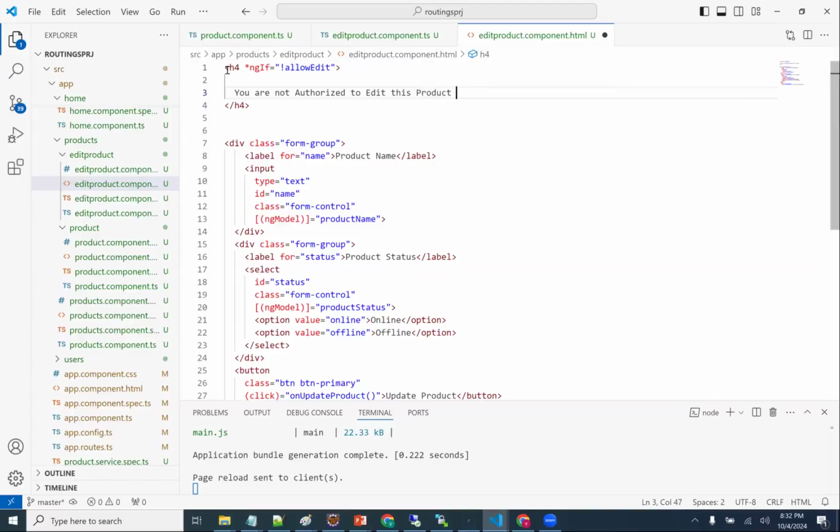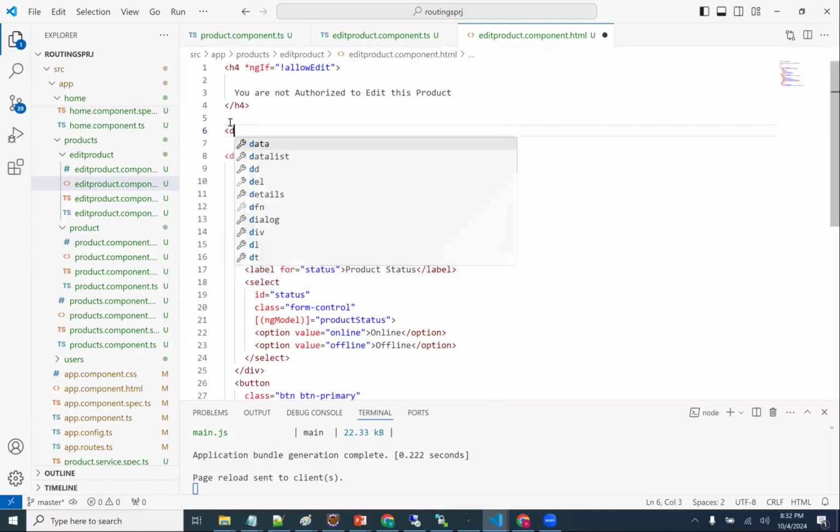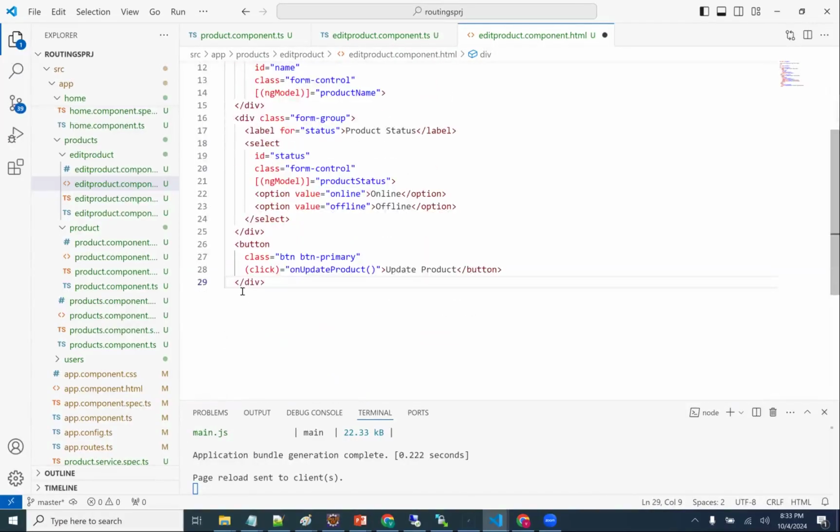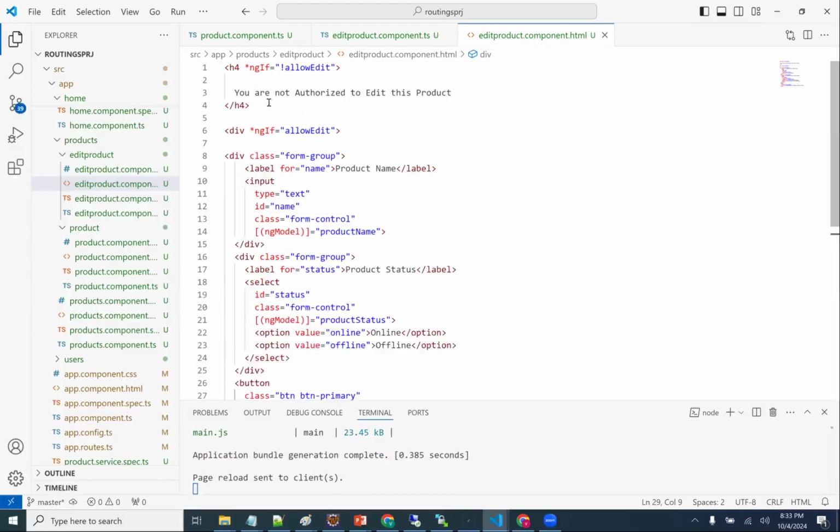You're not authorized to edit this particular product. I'll keep a div *ngIf is equal to allowEdit, and I'll keep this div here. I'm keeping a check here. If allow edit is not there, 0, you are not authorized to edit this product. This message I'll give. If I have allow edit, I'll show the edit product button here. Because this is why I'm changing, right? Now you're going to see this.